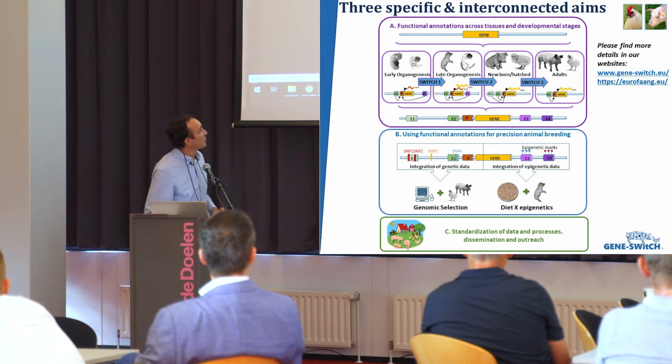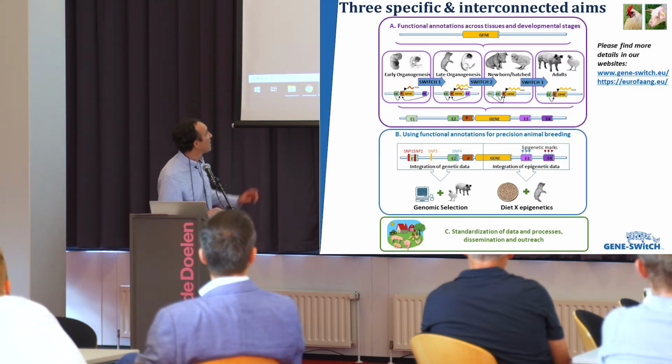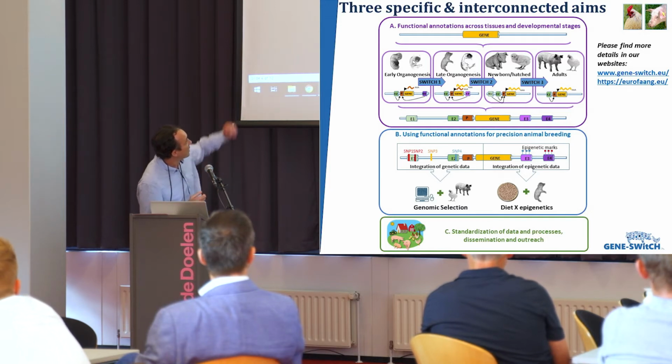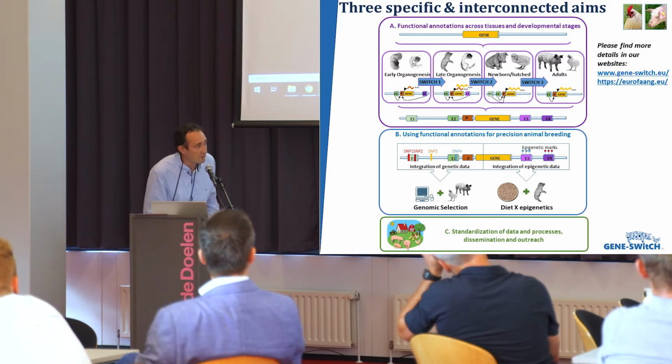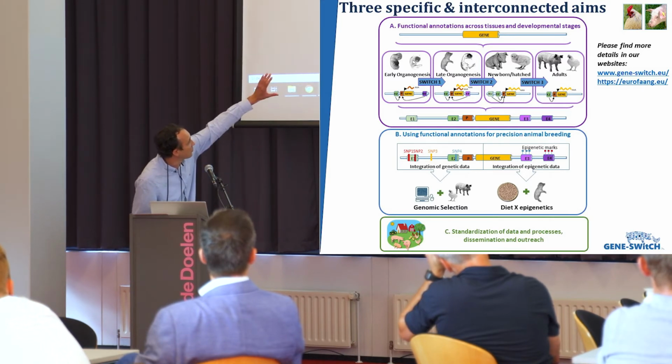So this is a brief summary of the aims of the project. On the upper part, what you can see is what we name functional annotations. We are comparing 4 stages. And we look at how genes are regulated and expressed in these different stages in different tissues. With this information, we can really understand where the regulatory elements are in the pig and the chicken genomes. And when we have this information, we can use it in the second part of the project